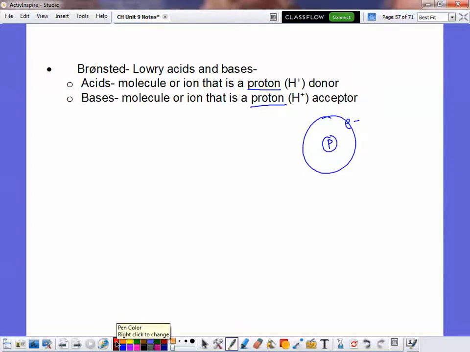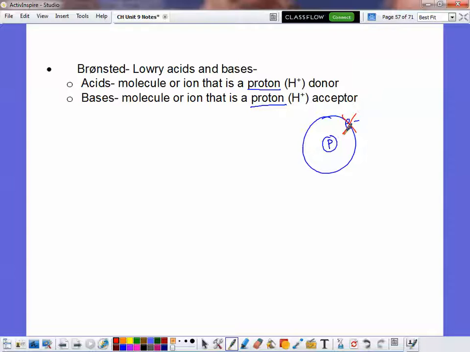And if we ionize that and make it H+, what did we do? We took away the electron. And therefore, what's left over? Just a proton, which is why we can call H+ ions protons. So whenever you hear something about protons in terms of solution and stuff like that, it's talking about